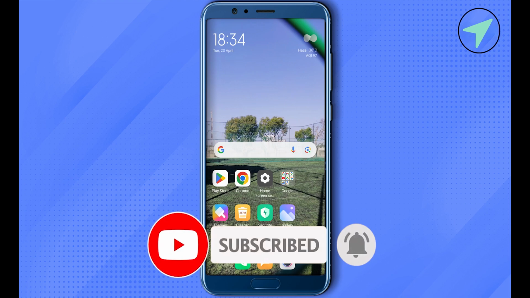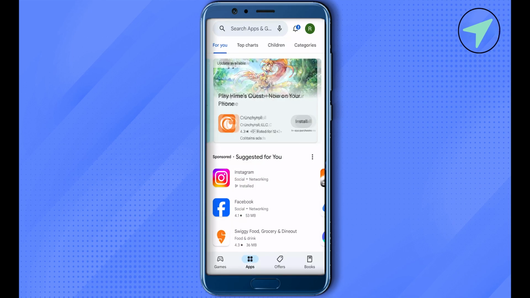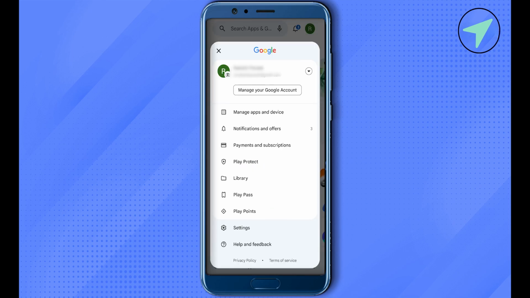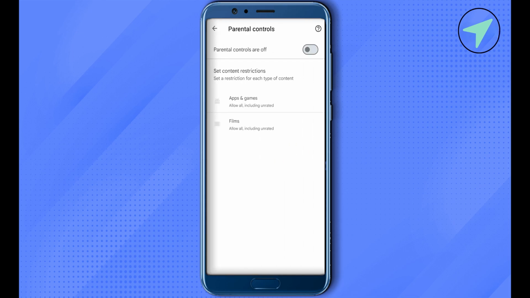Let's see how we can do it. For this, open up your Play Store and go to your profile. Over here, click on the option of settings and then click on the option of family, and you would be able to find the parental controls. If it is turned on, then when you try to turn it off, it would ask you for a PIN. Since we don't have the PIN, what we will do is open up